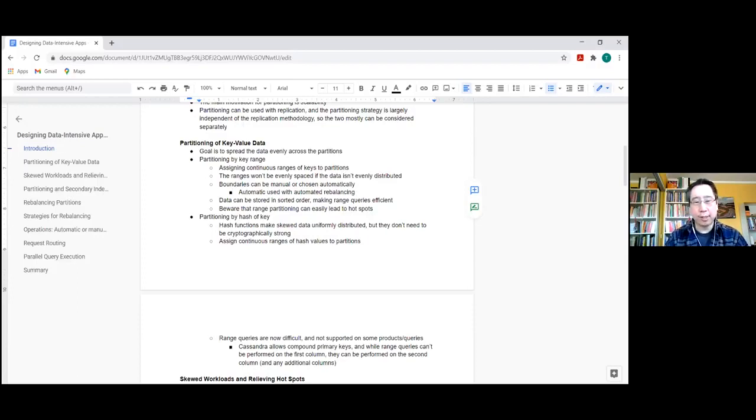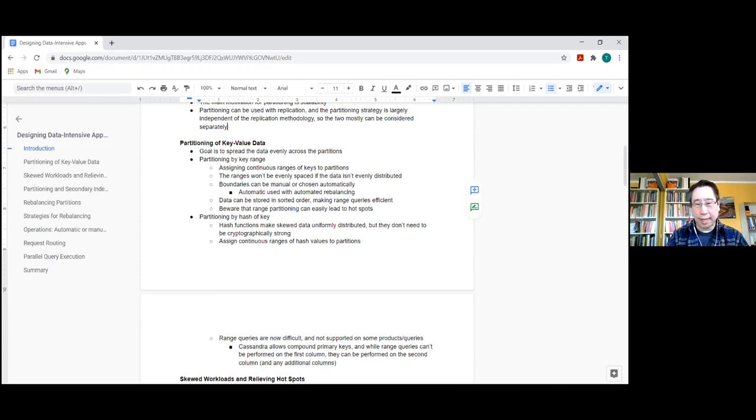But the challenge with this is that it's hard to know a priori how to evenly split the keys amongst a different number of partitions. So you can do manual or you can do automatic on the boundaries, but